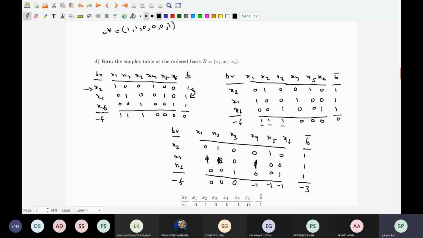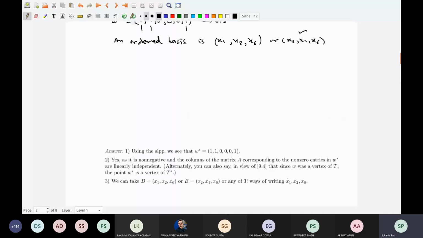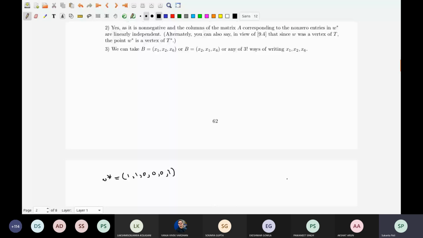Oh, wait a minute. Have I written the problem table? There is something wrong. Wait a minute. The problem table is fine. Oh, I forgot something. Not the three ones. Sorry. What am I supposed to do? Now I am supposed to, this is not a basic variable. Sorry, this one is not a basic variable. X3 is not a basic variable.